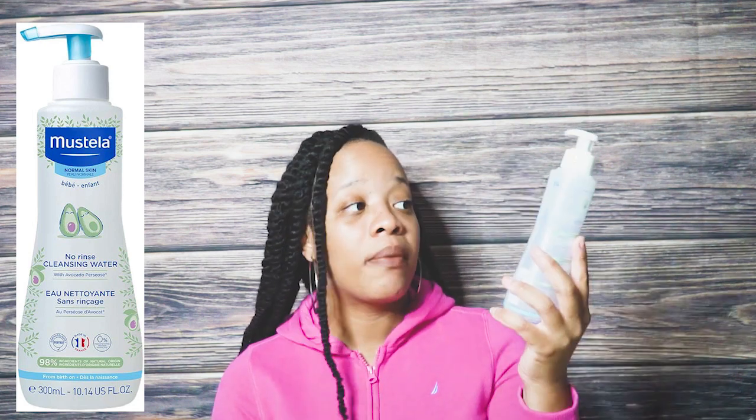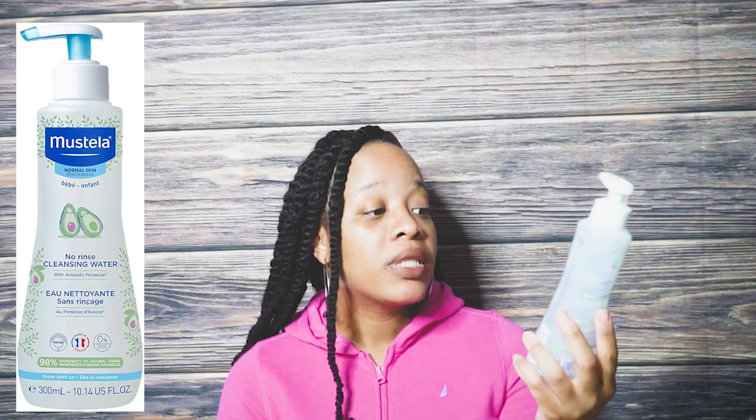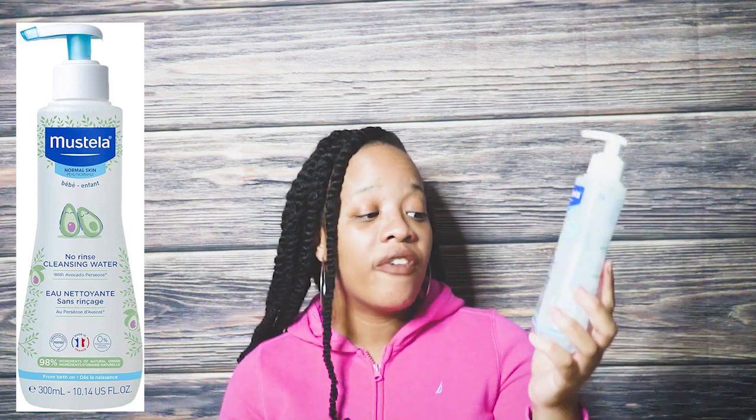So this is the first product, Mustela no rinse cleansing water. It says it's for normal skin. You can use it on baby, children, whatever, and it's 98% natural. That's the first product that I would use in the morning when she would wake up. I would dab that into her face and let it air dry and just go from there. Then in the nighttime or for bath time, I would use the CeraVe wash and shampoo